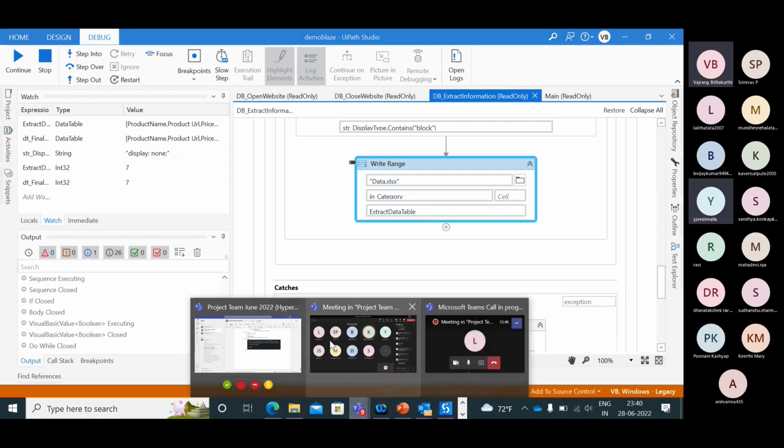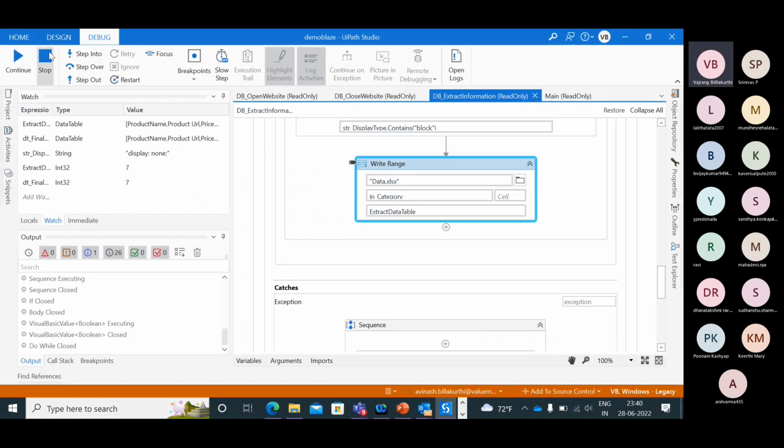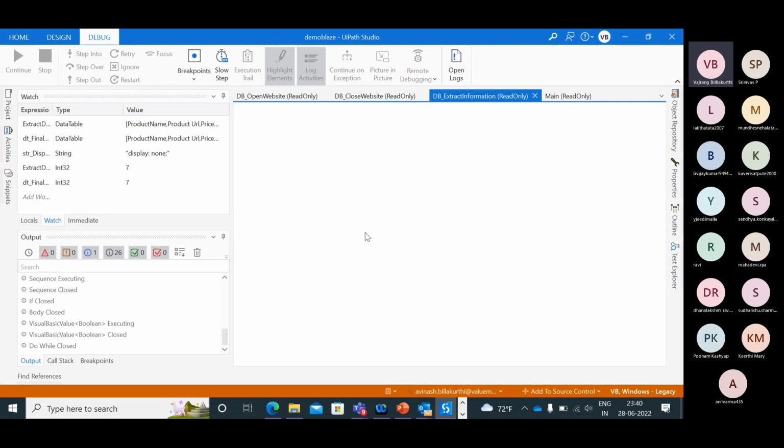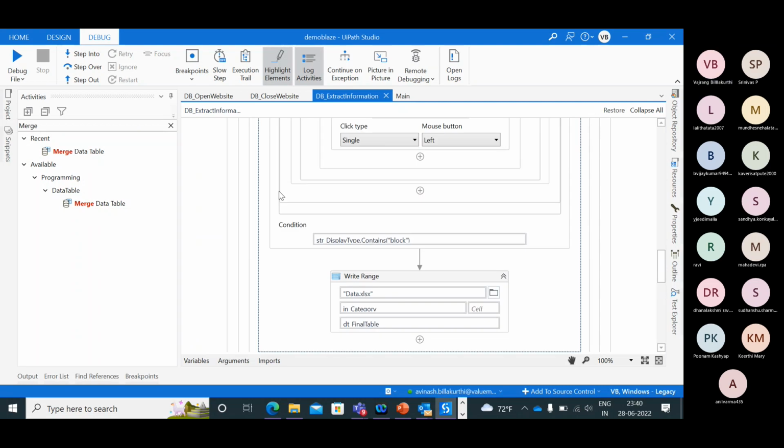Can I have a message? Final. Yeah, final table is what it should write because all the data will be merged into the final table, right? For every category. So we need to use final table instead of extract table. Extract table will give me only one page of data. Final table will give me all the pages' data for every category.